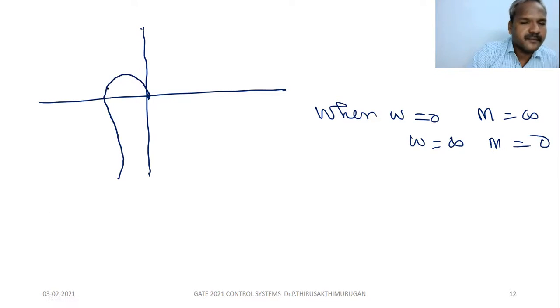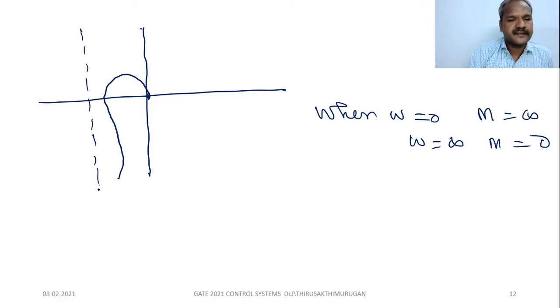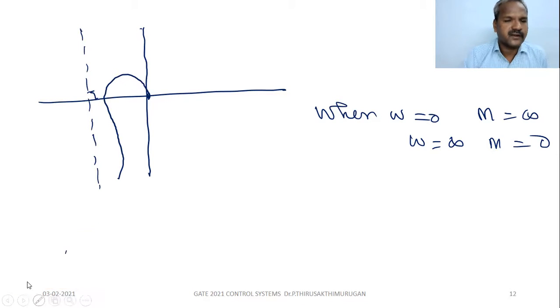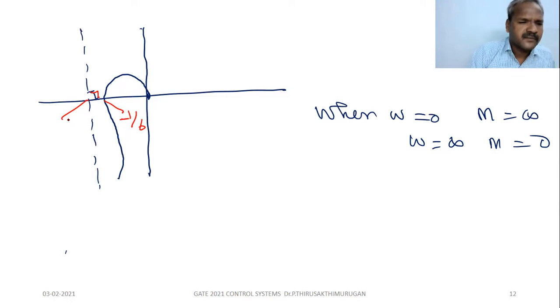Okay. So this is a point of intersection. So there will be an asymptotic line, a straight line, which has an angle of minus 90 degrees. So where is the point of intersection, and where does the asymptotic line cross? The point of intersection is 1 by 6, minus 1 by 6. This is the asymptotic line which has the 90 degrees. Okay. So this is 3 by minus 3 by 4.